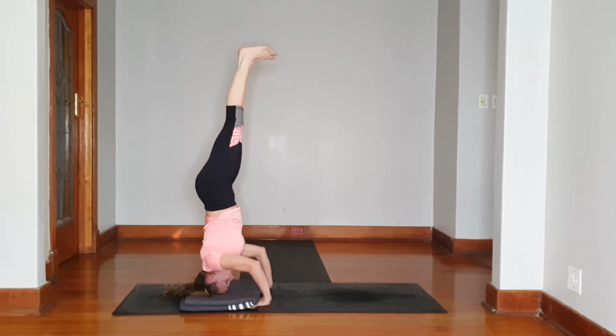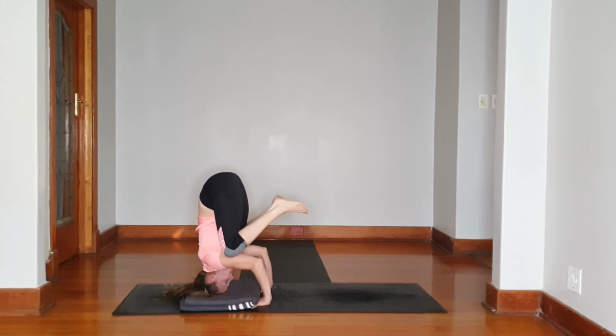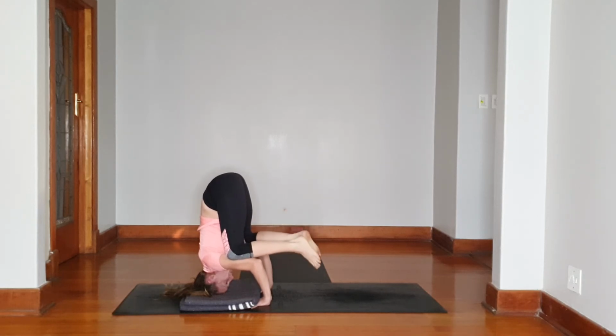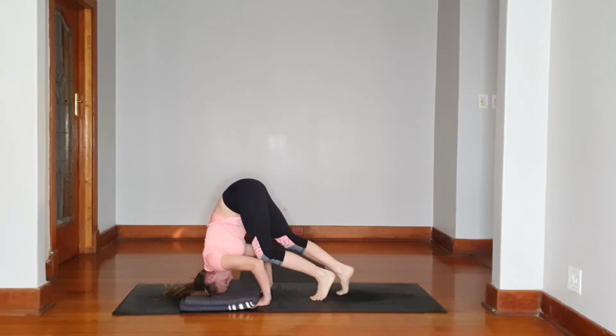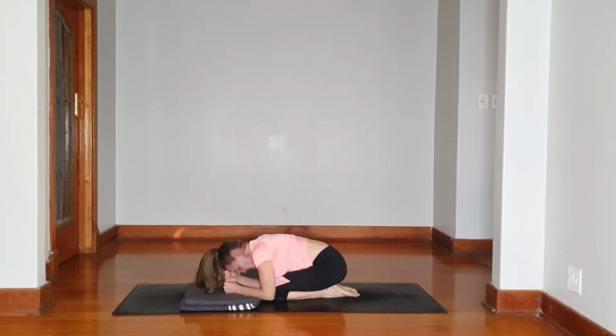Very important, you always come down the same way you went up. So you're going to bring your knees down, to your arms, and then place your feet onto the floor. Walk yourself back, placing both fists underneath your head. This allows the blood to flow right in line with the heart. The heart doesn't have to